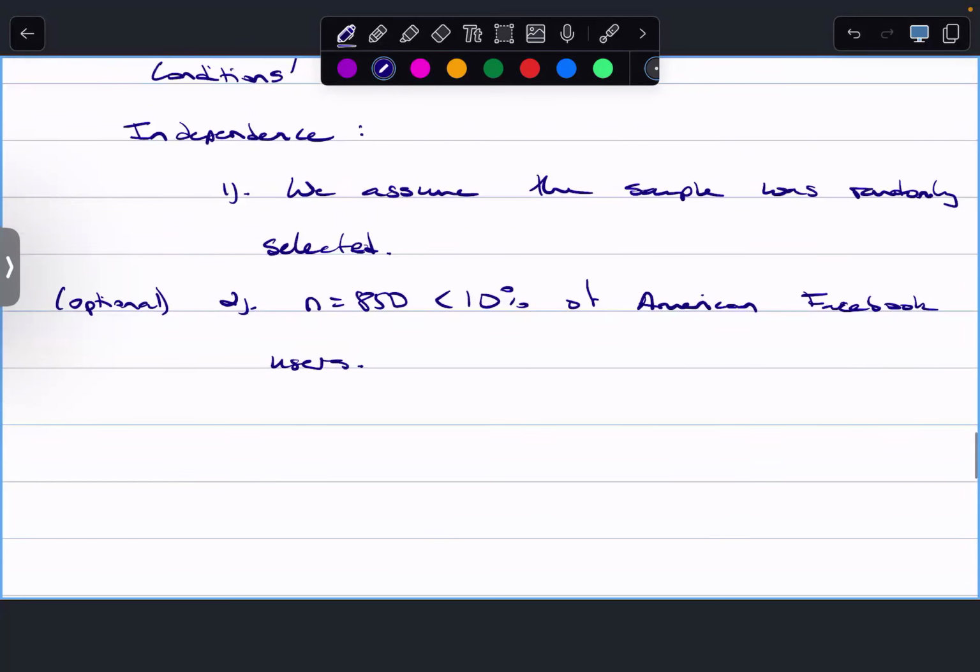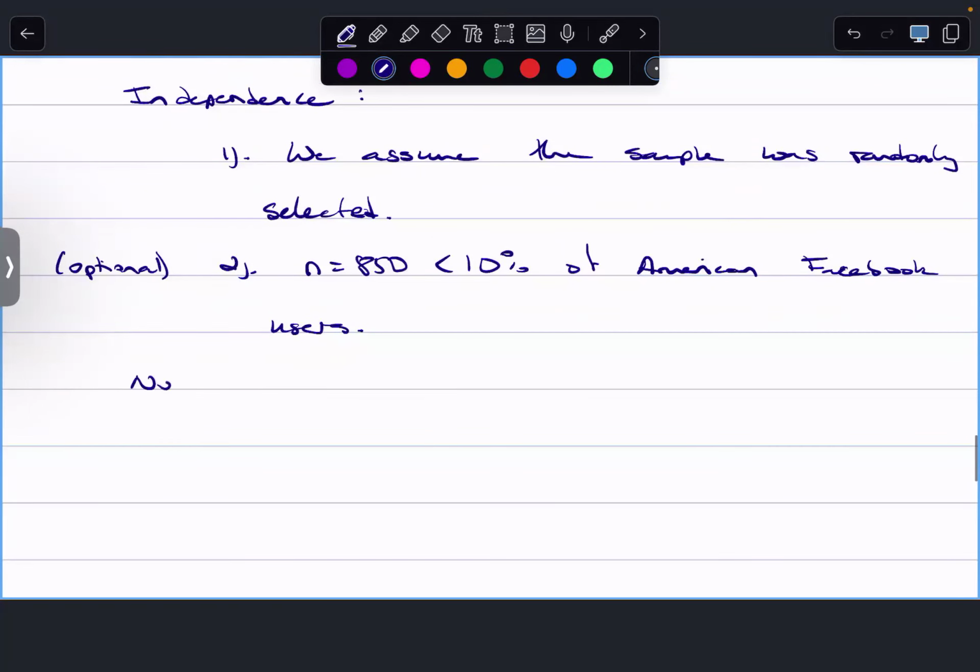So there's no risk of non-independent observations, or at least not reasonably. So the independence condition is met. Now we move on to the normality condition. Normality, or the sample size: we need to have a large enough sample in order for that normal distribution to appear. So the sample size condition,